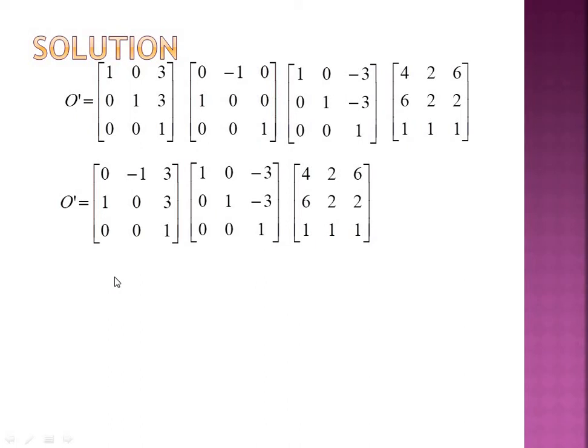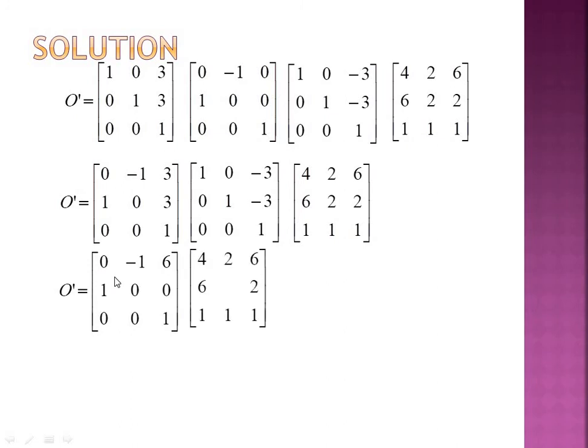You can multiply this on your own, and I suggest that you please do it yourself, then only will you learn the actual process. I have just given this example for your convenience. So this object matrix we copied as it is, and then again we have multiplied these two matrices. Row-wise and column-wise multiplying the matrices, we get this result. Again we multiply one more time, and this is the final result.